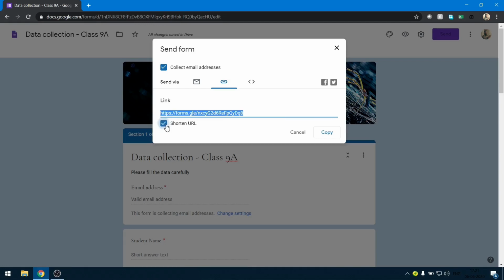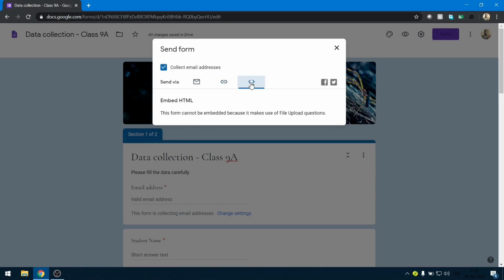Shorten the URL so that the URL is more manageable and you can send this to the student. Or if you are trying to embed this Google form in your website, go to embed HTML section and you will get the code here. This particular form cannot be used in website since it is collecting files.